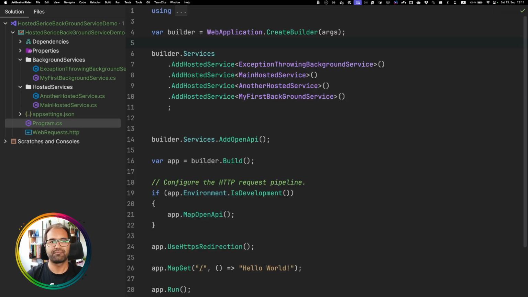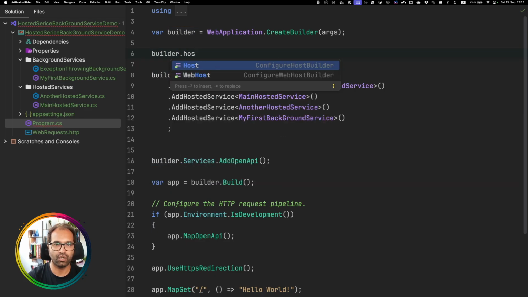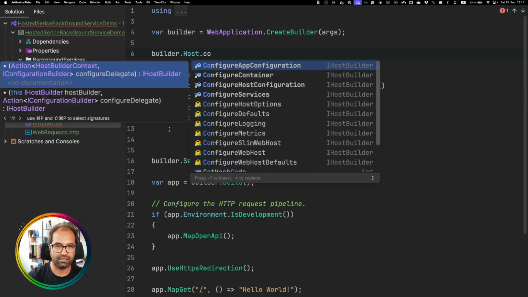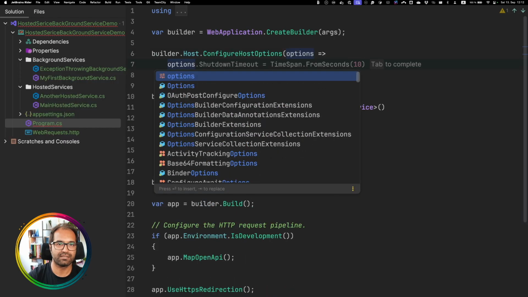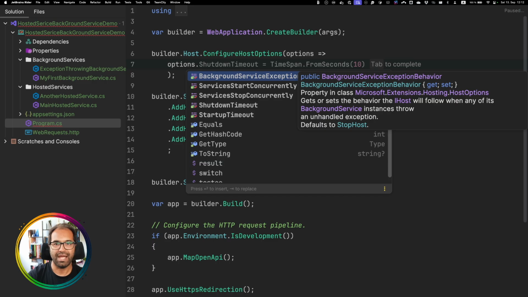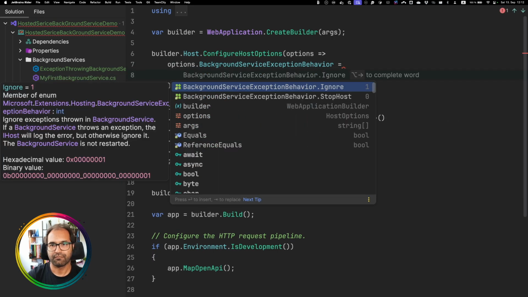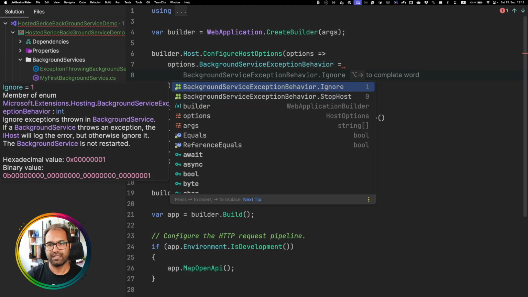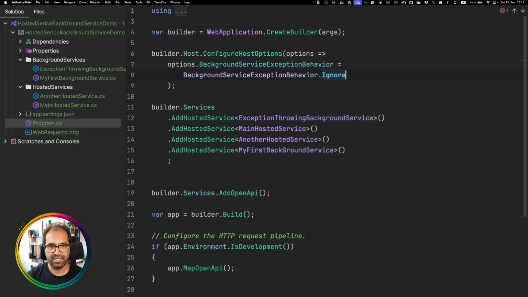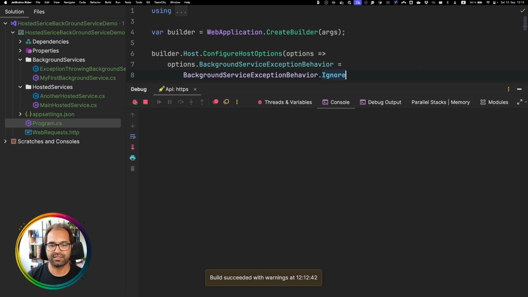We could change this behavior through host options. So here we could go to builder.host and then configure host options. What we need to set is the property BackgroundServiceExceptionBehavior. It has two options, the StopHost, which is the default behavior, and the Ignore. And we could set it to Ignore, and now if we run our application again, it will not stop if the background service throws an